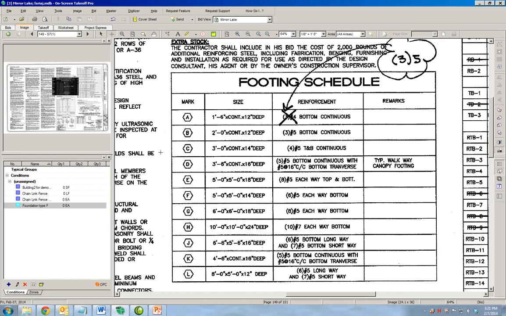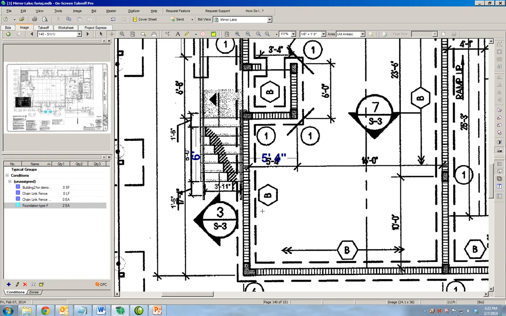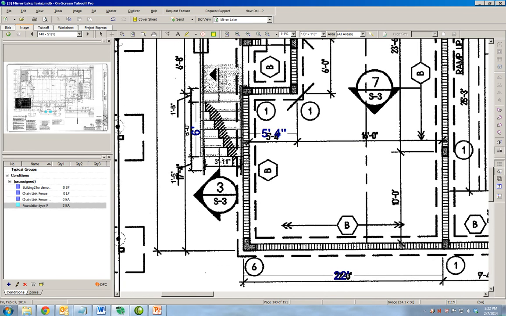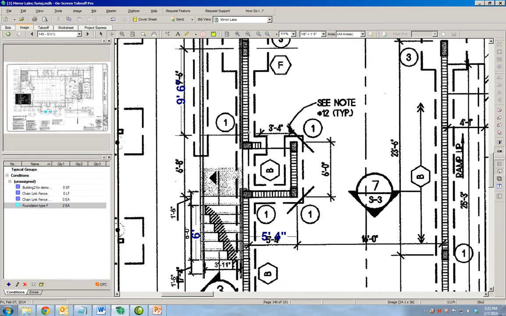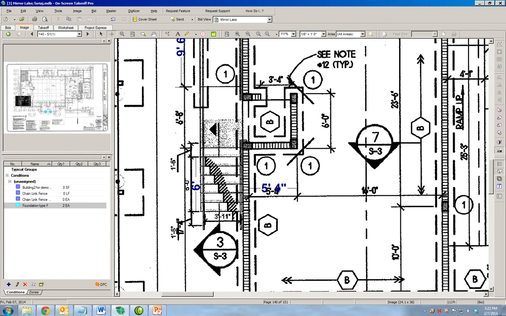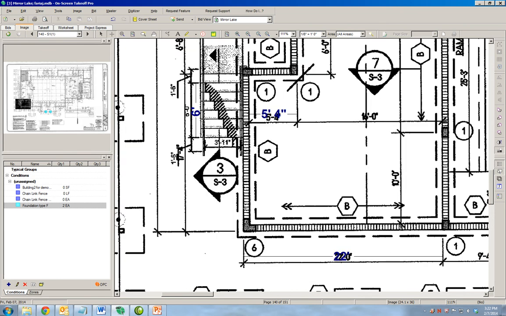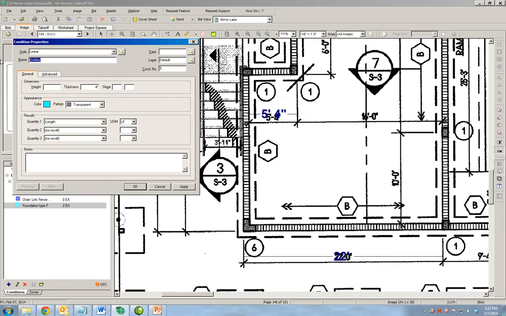So we could create a new condition also for B, but now because this is a continuous foundation and not a spot footing, we should create a linear condition that will measure the length of this footing, and then we can estimate, given that length, the width and the height, the volume of the concrete, contact area for formwork, and so on and so forth. So we're going to create a new condition. This is going to be a linear condition. The linear condition will be called foundation